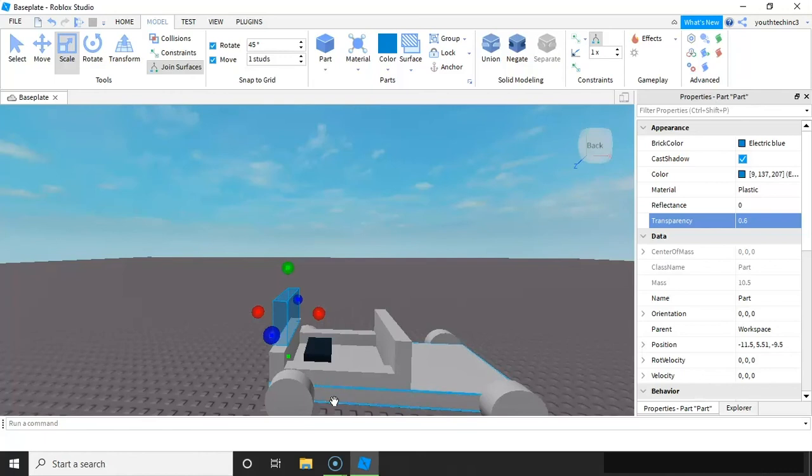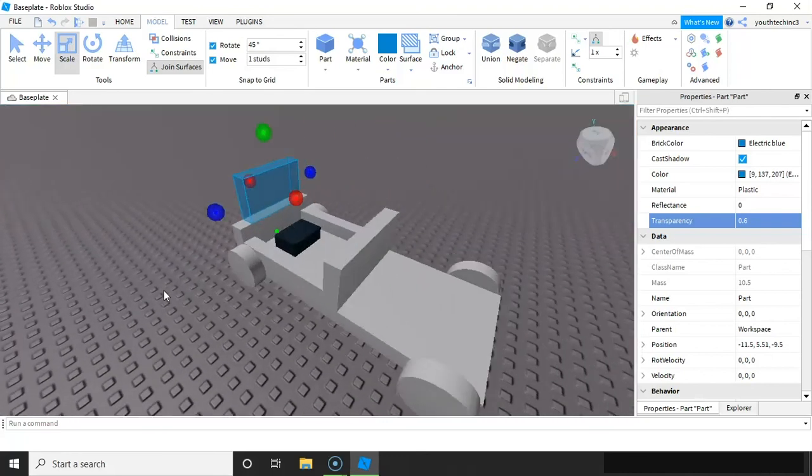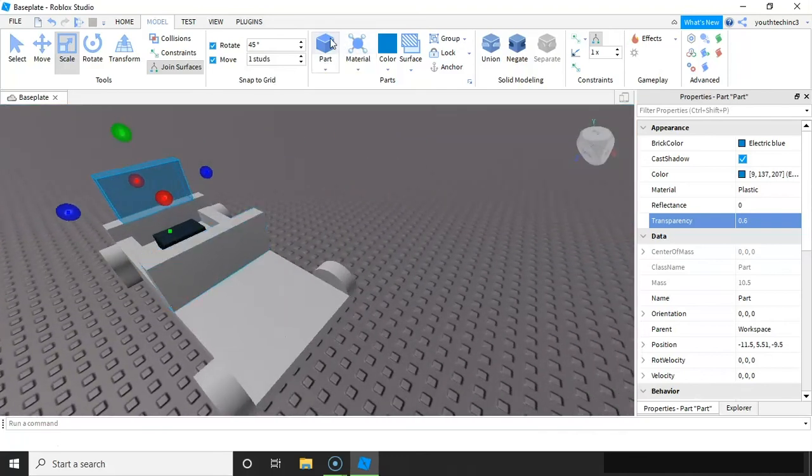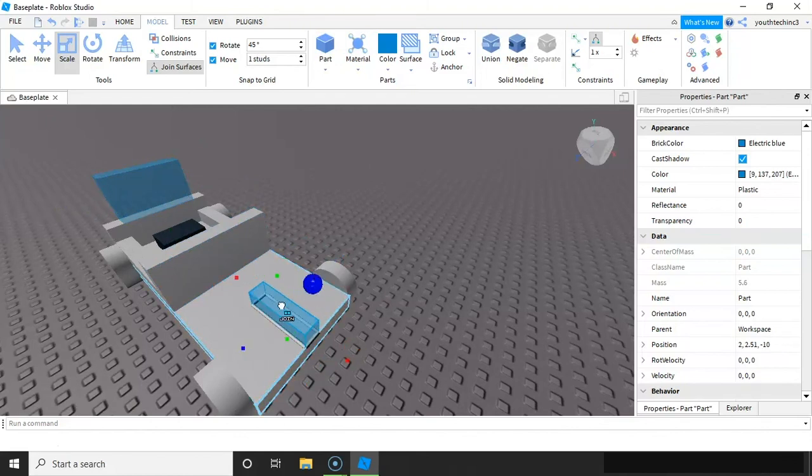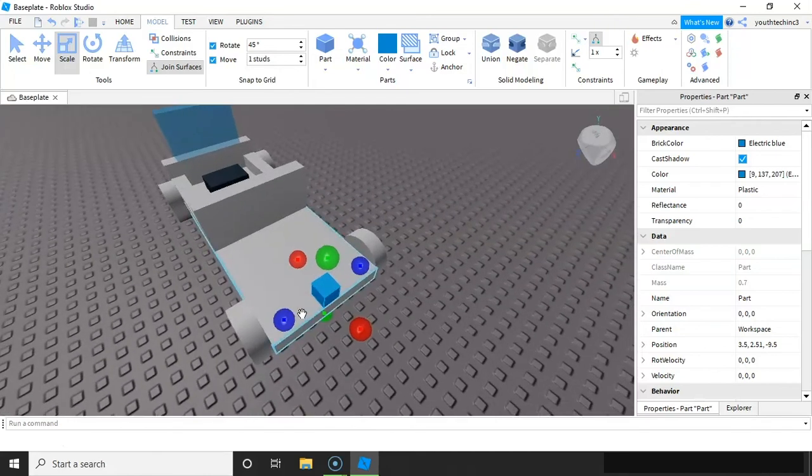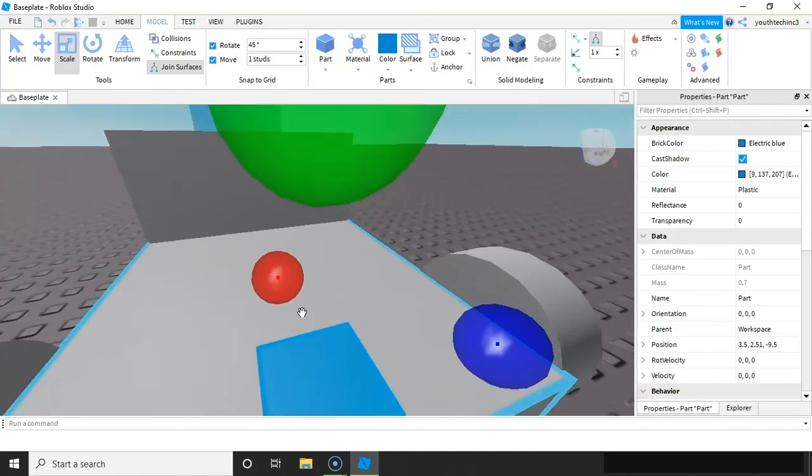Another thing too, just to consider, and you may have seen this before, in the model tab you have rotate 45 and move one stud. So that allows you to, for example, at one stud, if I add another part and we drop this in here, we'll just go ahead and do a real fast example. If I drag this in all directions, this is as small as you can go if you have a one